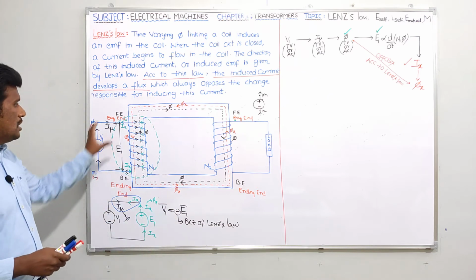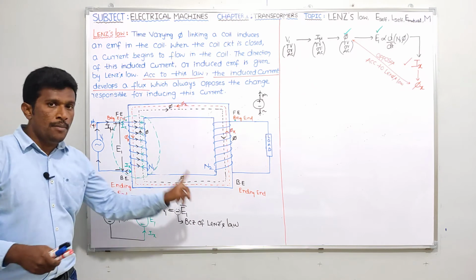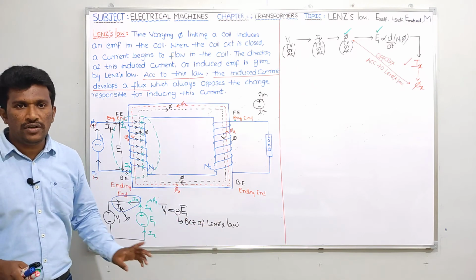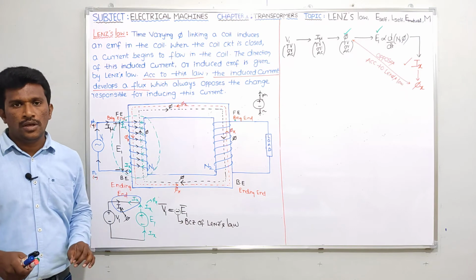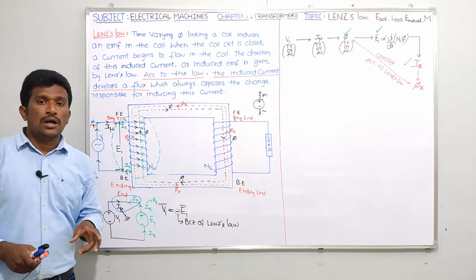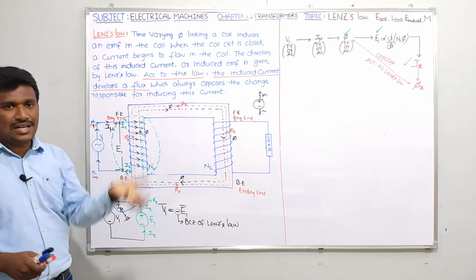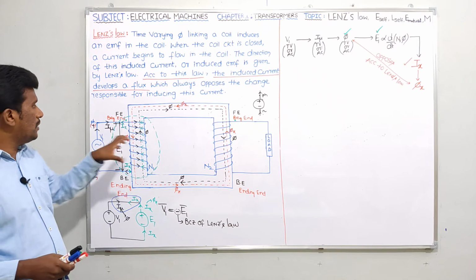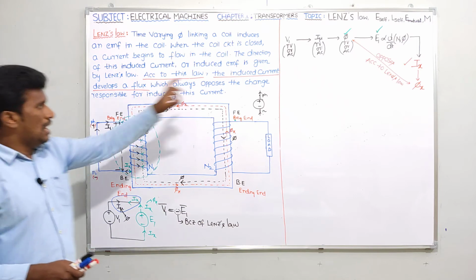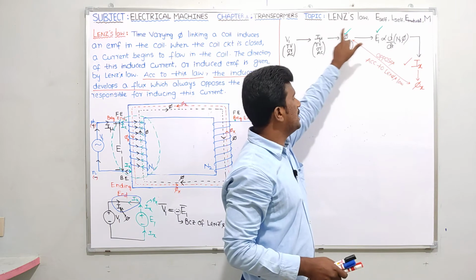So please, guys, in the primary side you should write V1 bar equals minus E1 bar. Don't write V1 bar equals E1 bar. That is wrong. V1 bar equals E1 bar is correct according to circuit theory, but according to field theory you should show the Lenz's law concept. Whenever voltage is connected, I will get I mu. Because of I mu, you will get flux. Because of this phi, you will get E1.